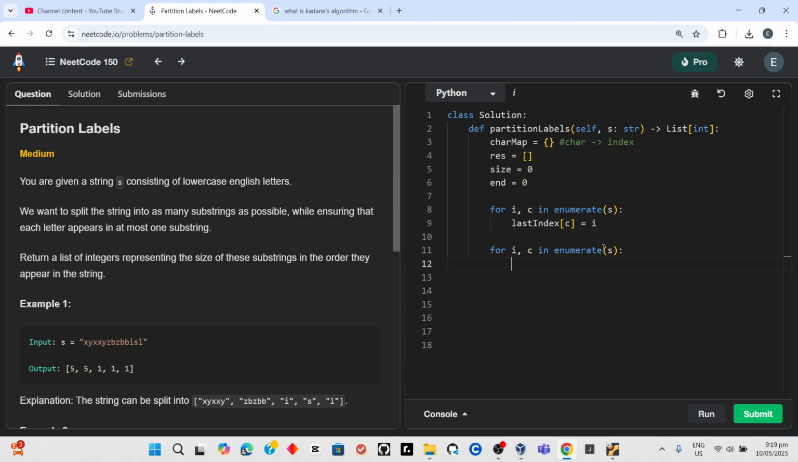That's then size plus equals 1. Then size dot push it once we find that the last index, that character is now equal to I. But once we find that the last character now maps to the I value,